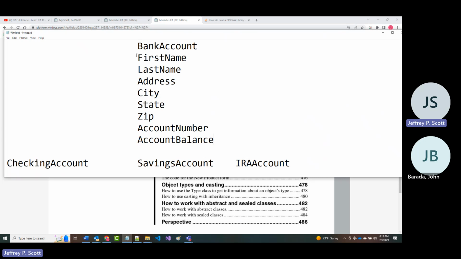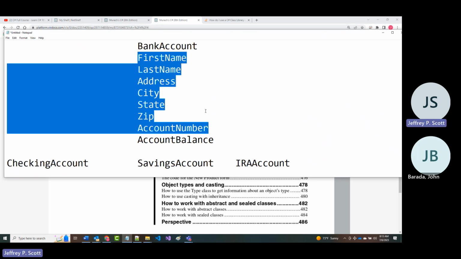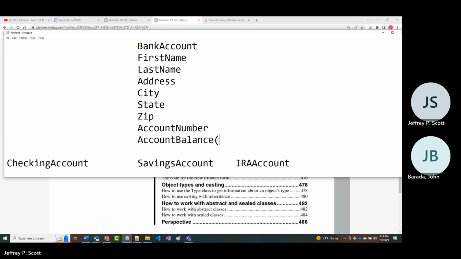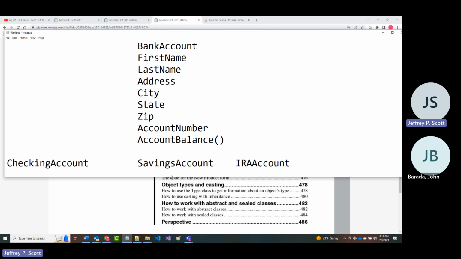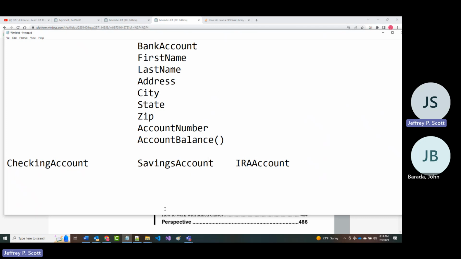So I can declare as much stuff as I want up here. And these can all be regular instance variables, or they can be methods. And if this is a parent account and I create child accounts based off of that, they get all that stuff for free, so to speak. So they get everything that's in there for free. Now, if they don't like the way that something is done, they can do what's called override it. Now, we've talked about overloading before, but never about overriding.